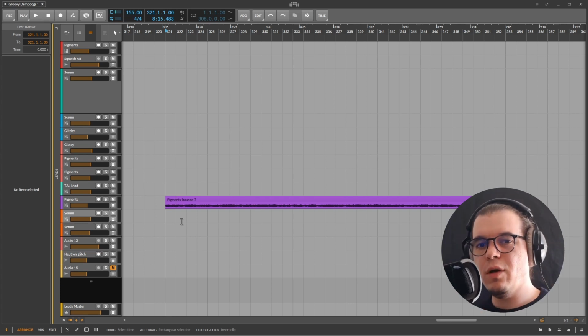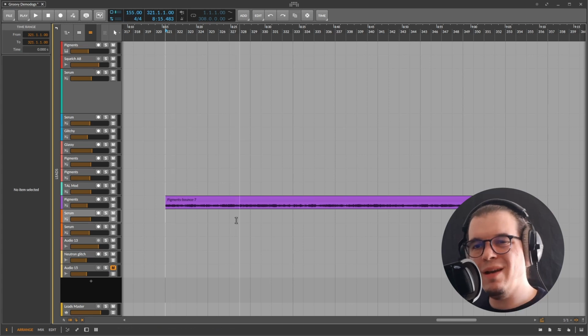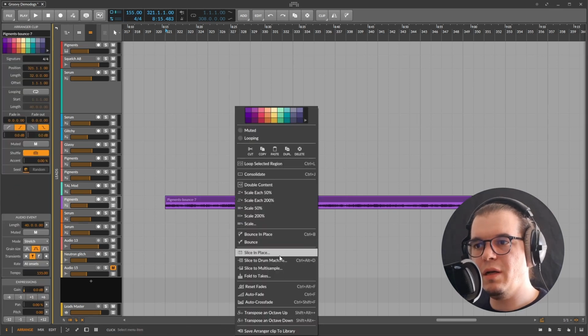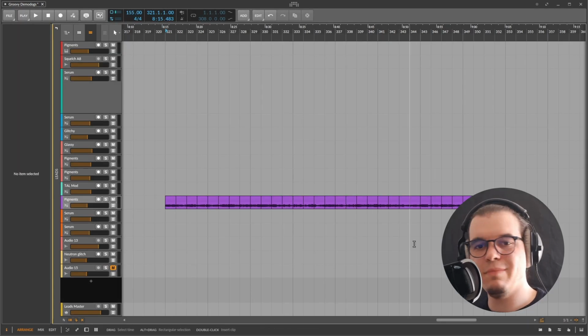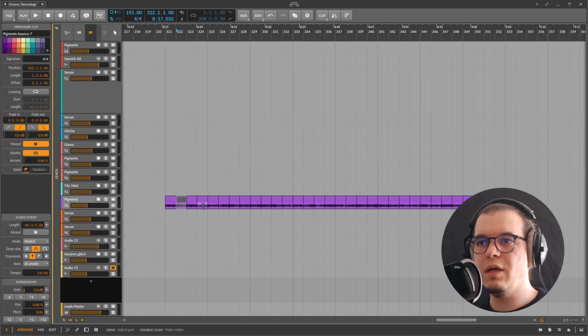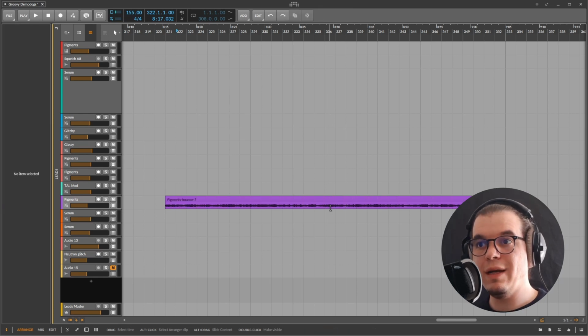So there's a really quick way to do so in Bitwig. We can either just right click on the clip in here, slice and place. We can set it to bars, half bar, eighth of a bar, whatever you like, and voila, it has been sliced. And now we can go about activating or isolating the stuff that we want to play to create our sequence. Or we can actually